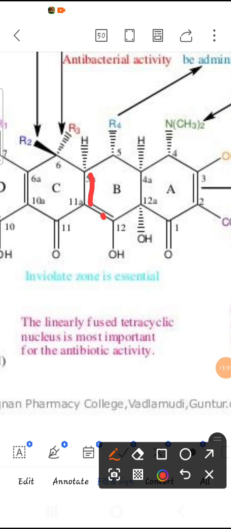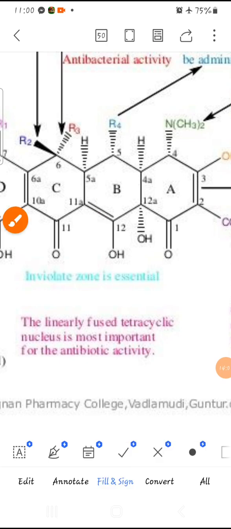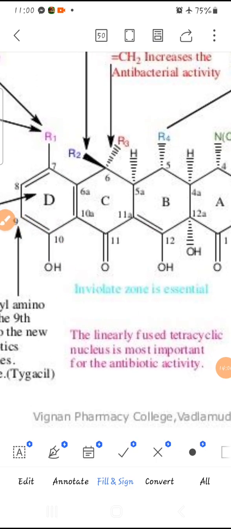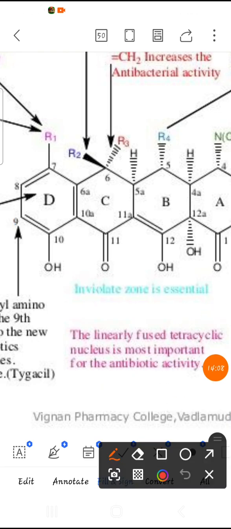Essential. Therefore, when we see the structure activity relationship of tetracycline, substitution, mainly substitution at the 5 position,